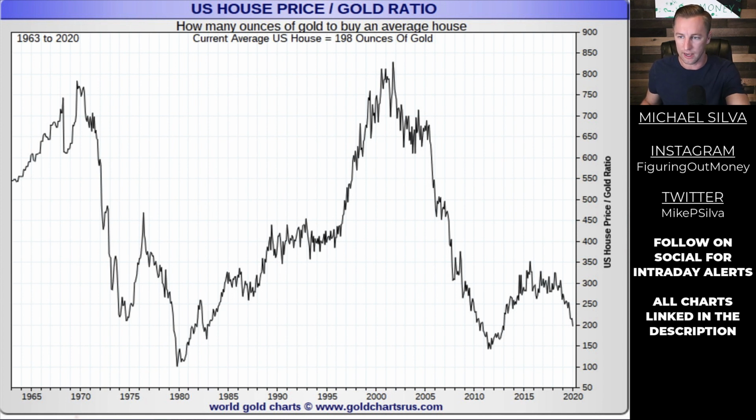But this is the housing, okay? And what I did was I just looked at 2015. You can do math on other areas, but what I wanted to point out was that in 2015, it cost approximately 300 ounces to buy a median home. Today it's 42% less. You just got a 42% discount on the pricing of homes. Now, if you were just saving US dollars, it costs you 11% more than it did in 2015 to buy a median price home. You tell me, what makes sense here?